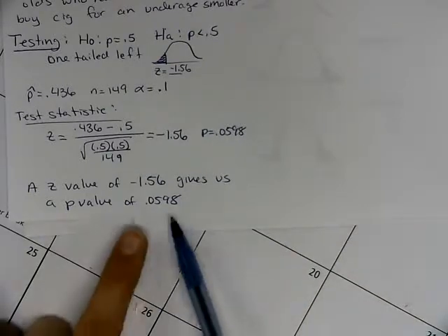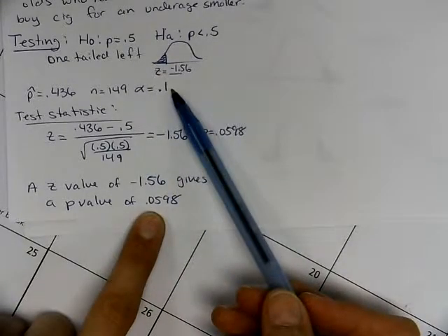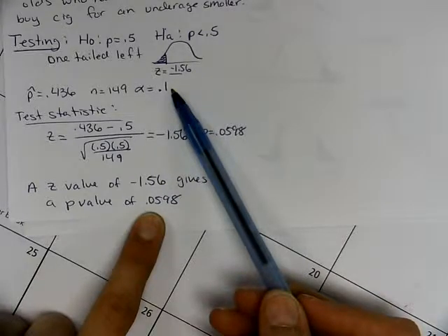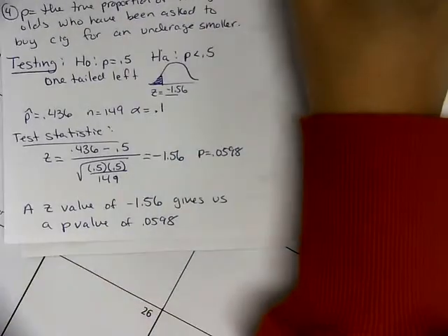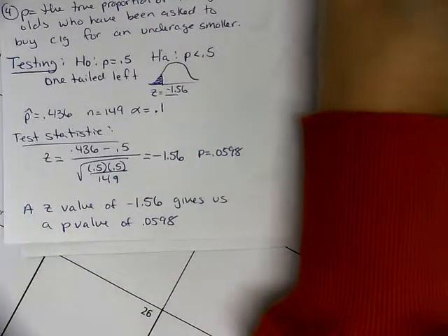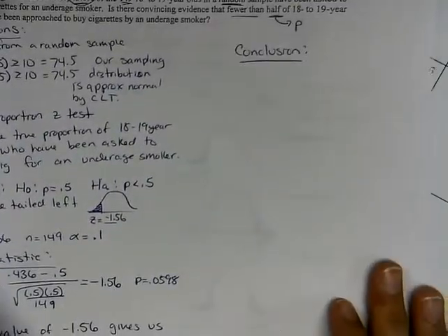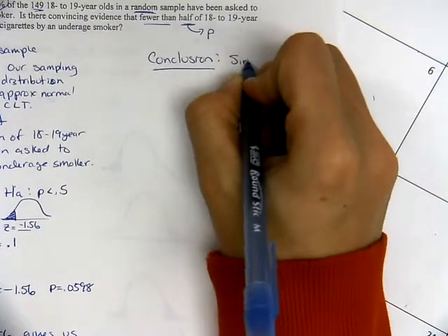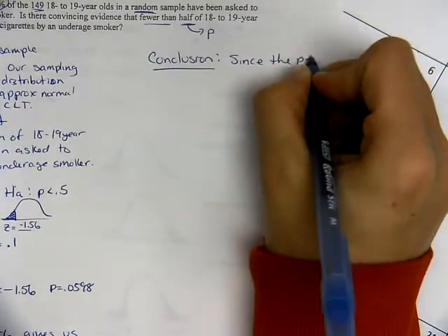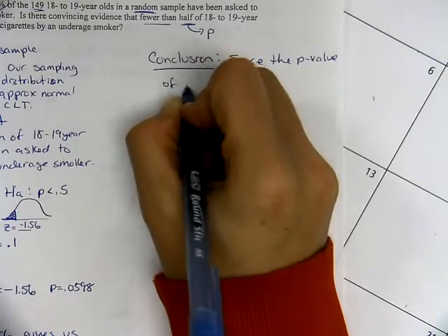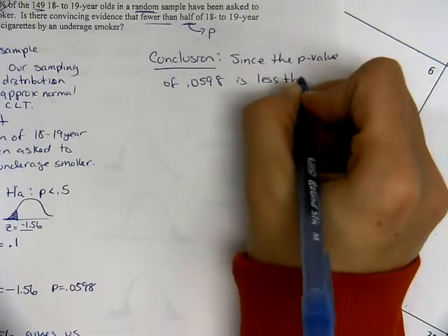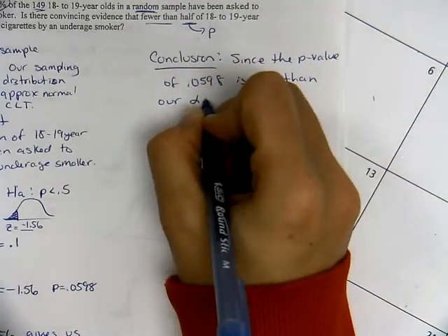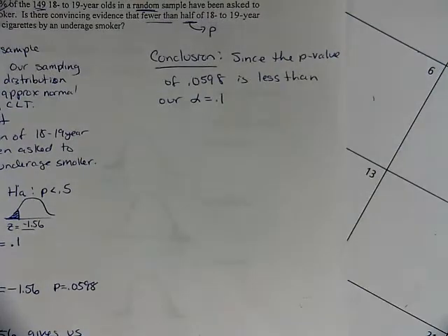Your conclusion, compare this to our alpha value. Remember, p is low, reject the Ho. So is this less than 0.1? Yes. So for our conclusion, the first sentence should be, we're basically filling in the blank. Since the p-value of 0.0598 is less than our alpha, which equals 0.1,